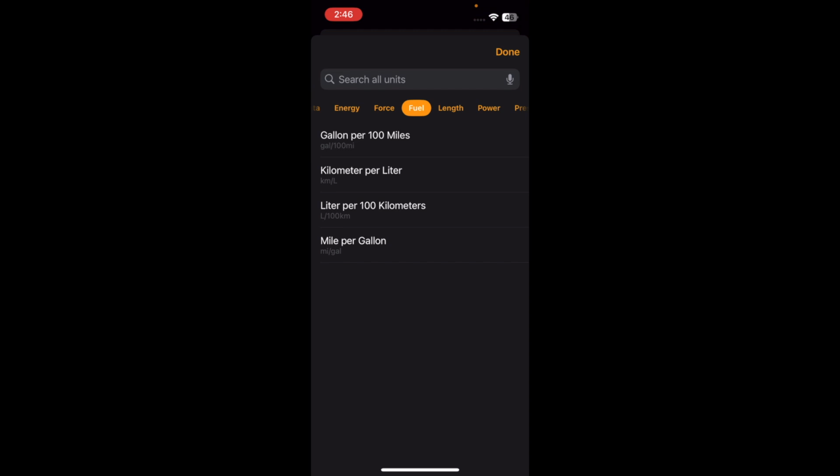Fuel, length, power, pressure. That's good for me for tracking the weather. They showed in millibars and inches of mercury. Speed, that's good if you go to a different country, like the money. Temperature,